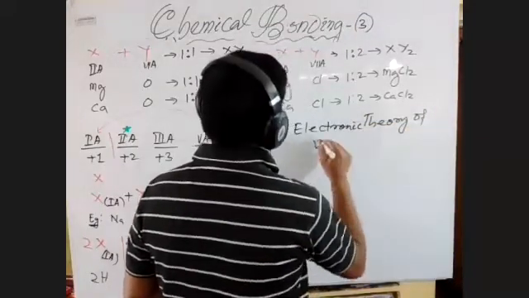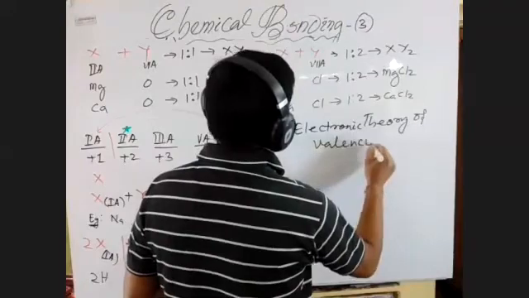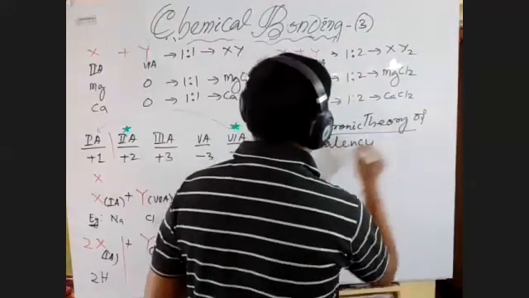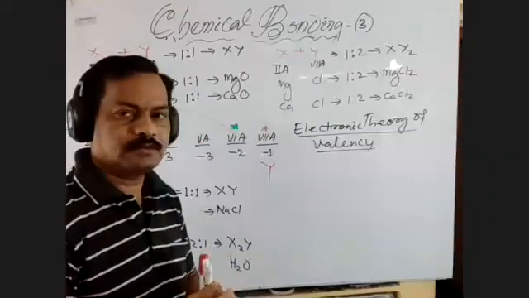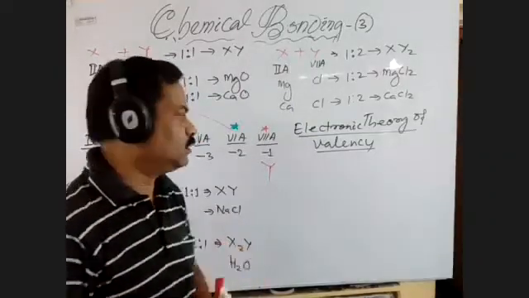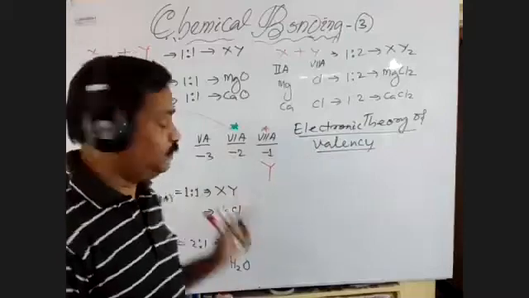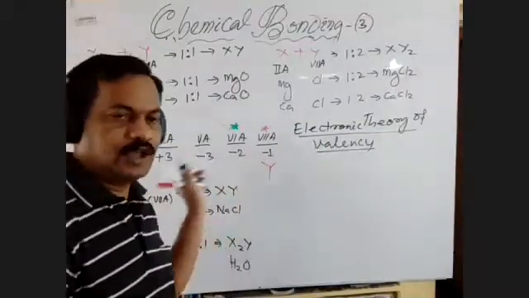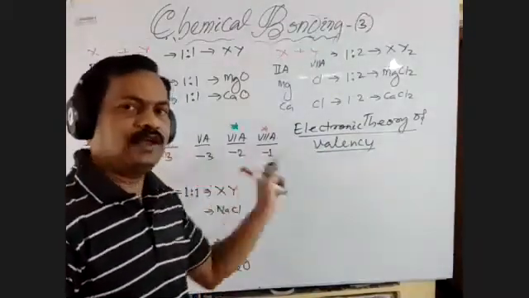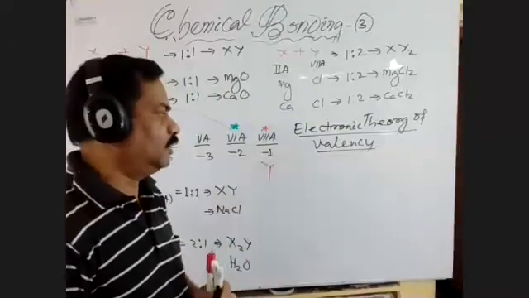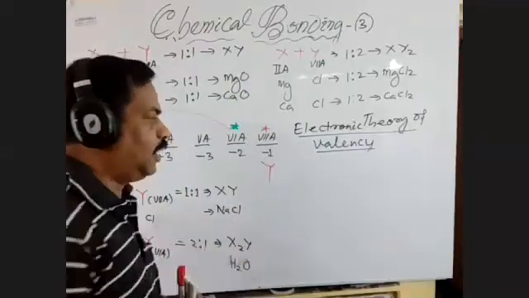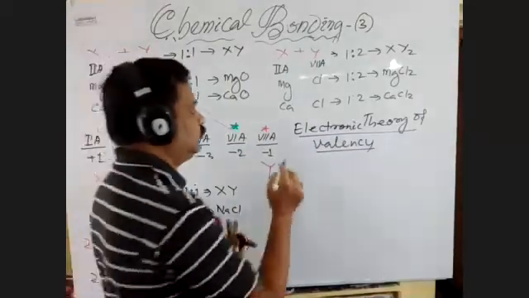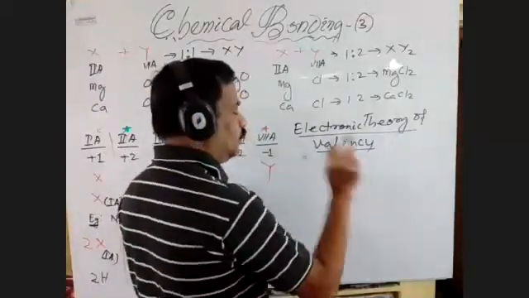And you know very well what valency is. Valency is nothing but the combining capacity of the atom. The combining capacity of the atom is called the valency, meaning how many electrons they are losing or how many electrons they are gaining. This we call the electronic theory of valency, which was proposed by